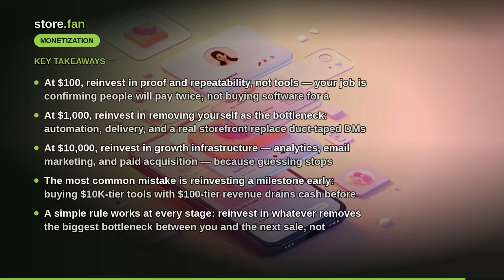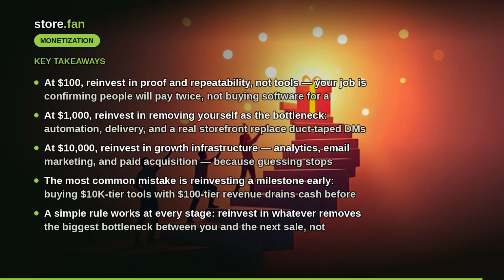Key takeaways. At $100, reinvest in proof and repeatability, not tools. Your job is confirming people will pay twice, not buying software for a business that doesn't exist yet. At $1,000, reinvest in removing yourself as the bottleneck. Automation, delivery, and a real storefront replace duct tape DMs and manual invoices. At $10,000, reinvest in growth infrastructure, analytics, email marketing, and paid acquisition, because guessing stops scaling once real money is